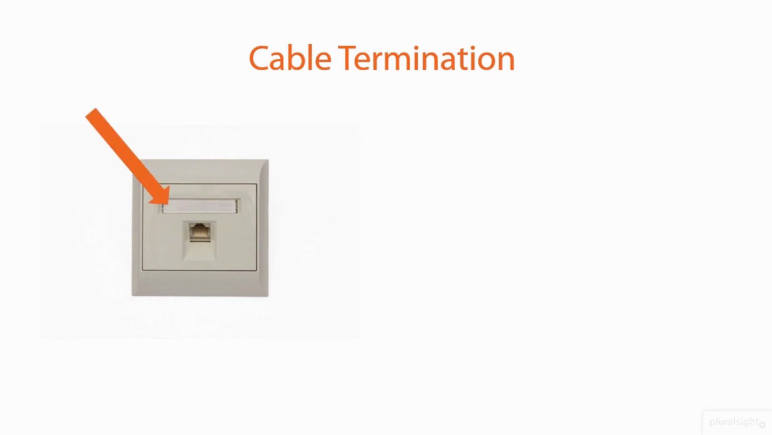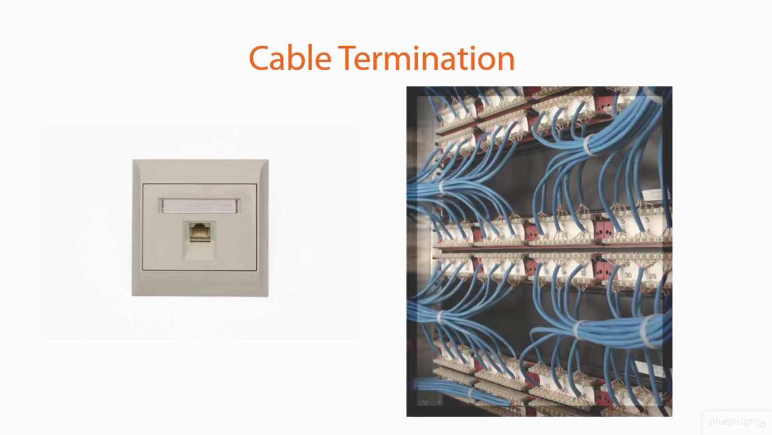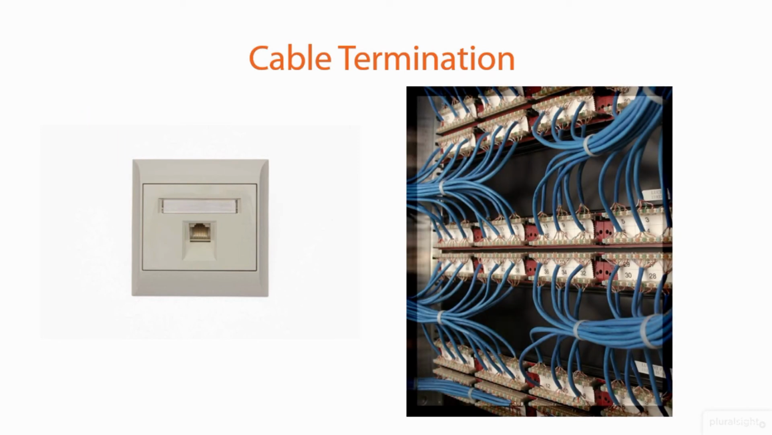We're going to talk about documentation later in this course, but it's always a good idea to label your outlets both where the user sits, this location, as well as in the local wiring closet where the other end of those cables come through. You see that we're terminating a whole bunch of UTP cable into what's called a 110